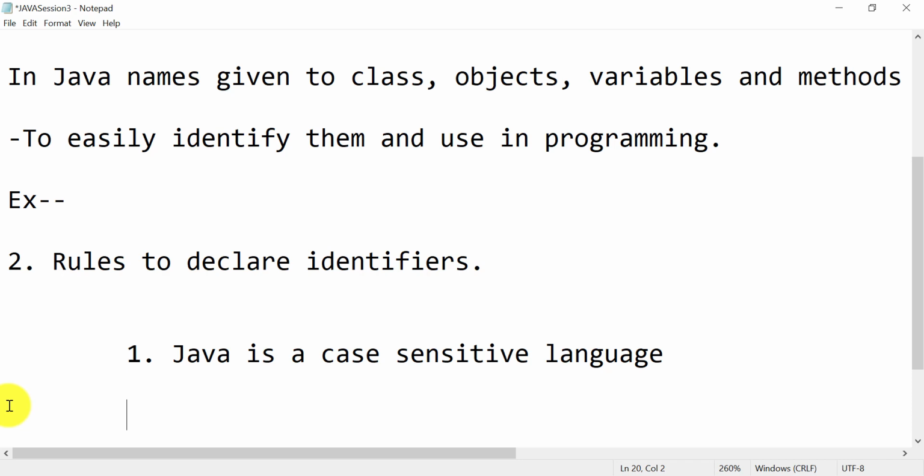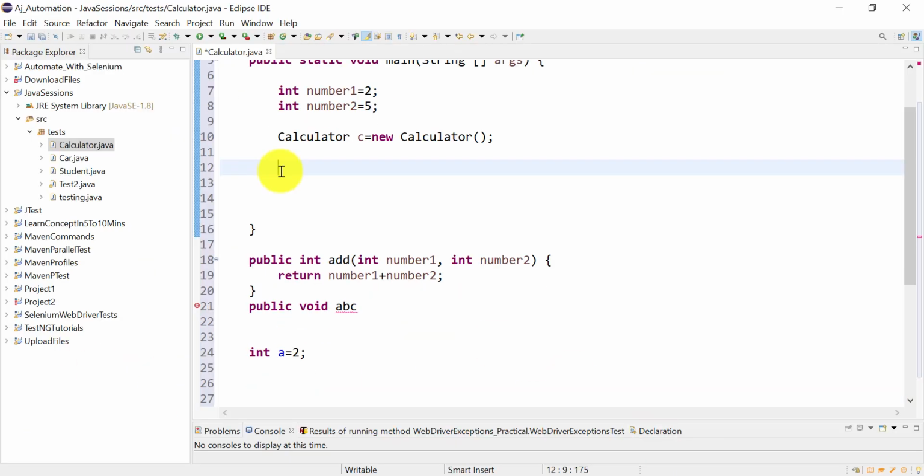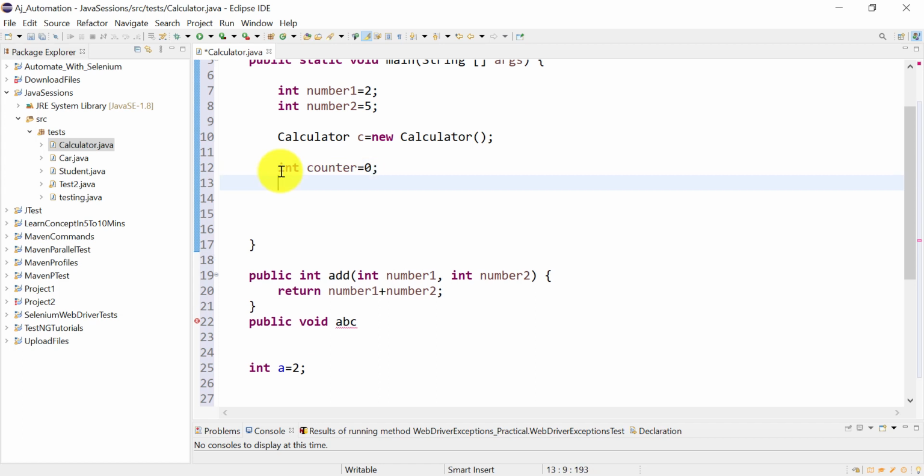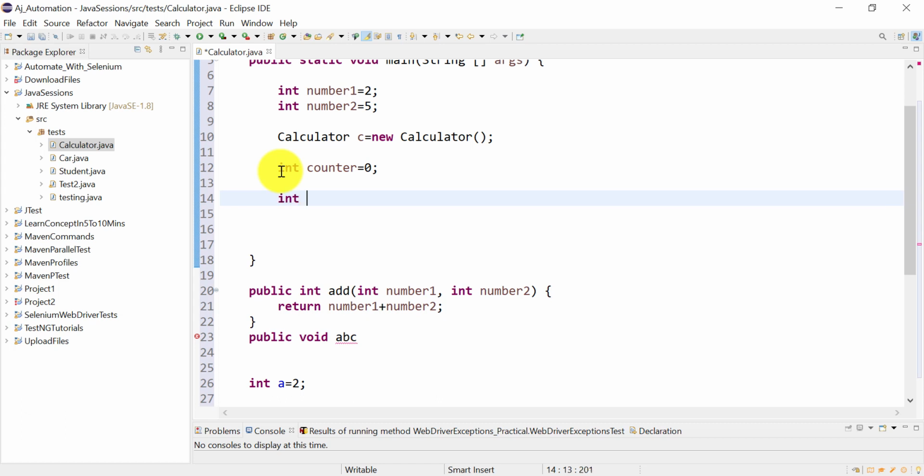Okay, so case sensitive means, for example, here I am declaring one integer variable, counter equal to 0. Then another I can declare like capital C Counter equal to 1.